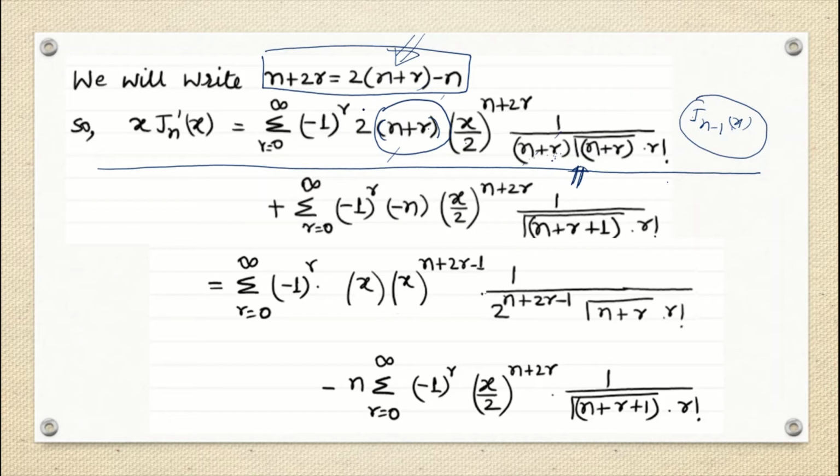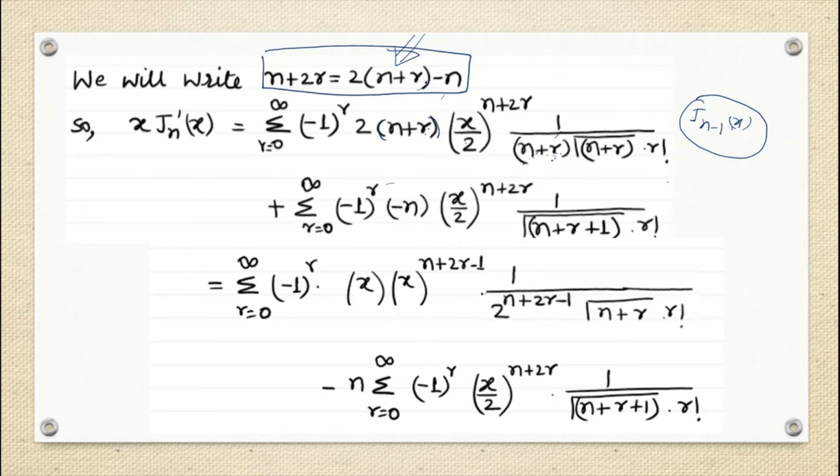So what we have done here, we have written 2n plus r here and then minus n here. Fine. So that means we also have got two terms, right? The first term has 2 into n plus r and the second term has minus n. Okay. Now what next can we do? The same thing we are doing here, I'm just cancelling out n plus r.